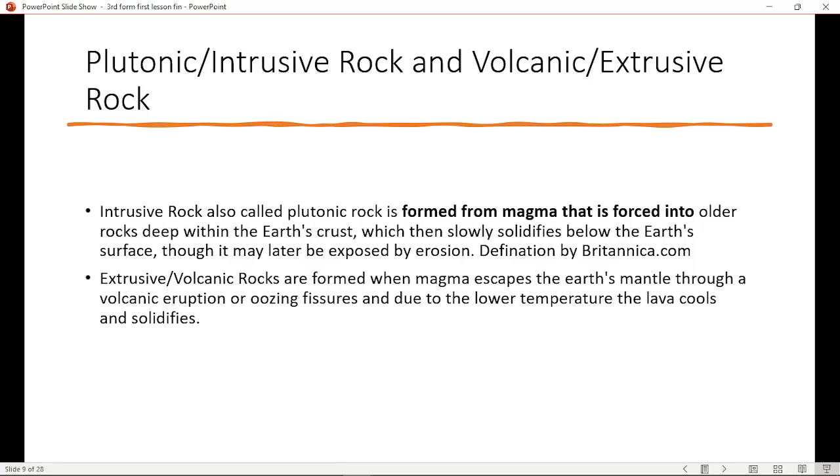Intrusive rocks are also called plutonic rocks, and these are formed from magma that is forced into the older rocks deep within the Earth's crust, which then slowly solidifies below the Earth's surface. Though it may later be exposed by erosion,